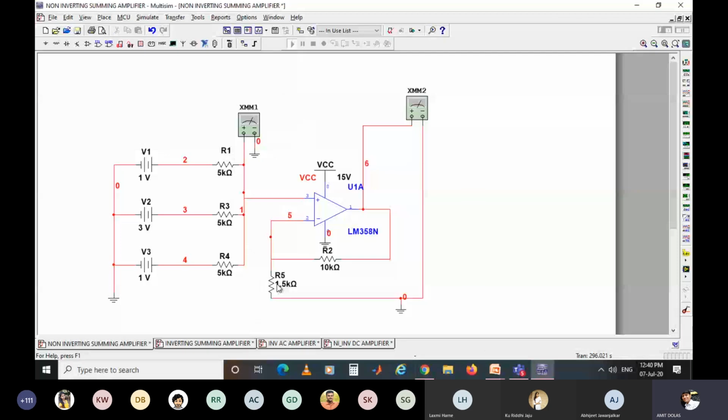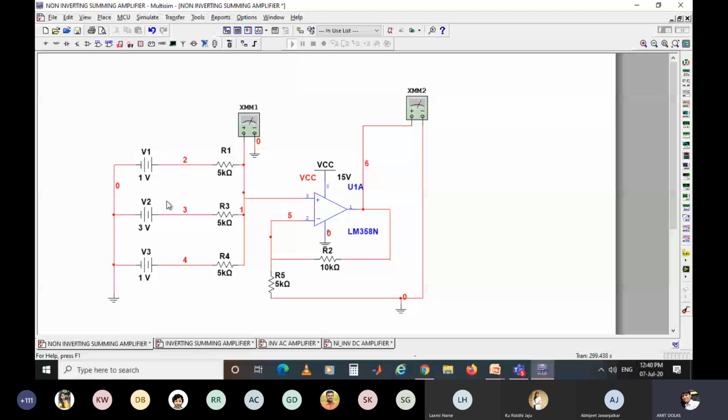And again, this is the input resistance. The fashion is a bit different, but it is the input resistance. I will let you know. This is the inverting terminal and ground. The resistance connected between the inverting terminal and ground is the input resistance. So I made R1, R2, R3 and Ri equal to 5K, and the feedback resistance between the inverting terminal and the output is equal to 10K.